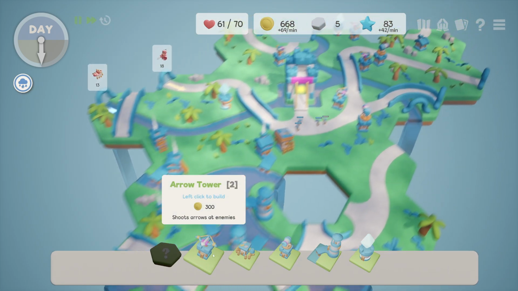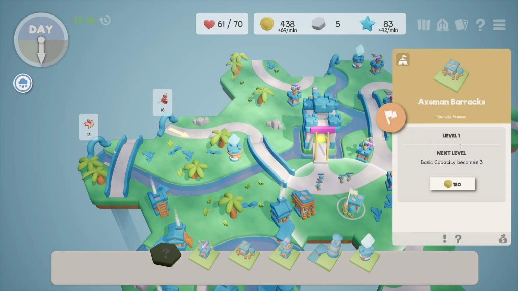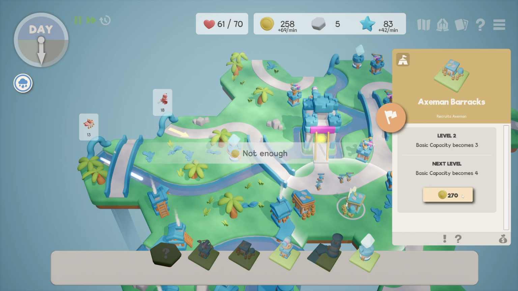I don't know, I'm just gonna put that there. Put another axeman there. I think I said it on the first attempt, but the amount of gold required for the initial level up increases as you place more of the buildings down and as you do more of the upgrades. So we got 438, 200. Oh, I don't have enough for...